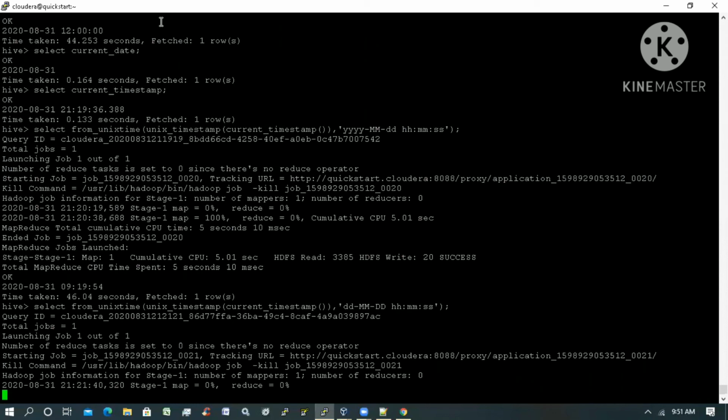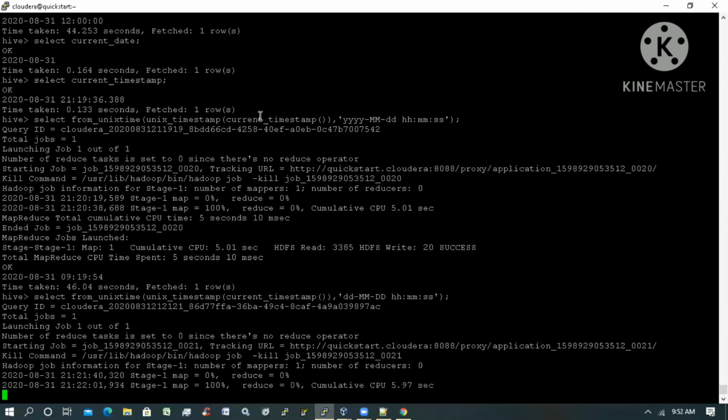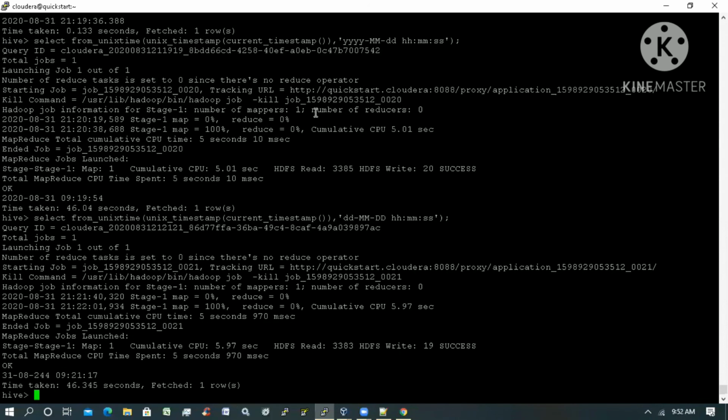From Unix timestamp, that means epoch time. Whatever date is there, that date is converted to epoch time. From Unix timestamp, it will take that one and convert into the respective format. Here you can take our table name also. See here, I converted this one to DDMMYYYY format. I gave a wrong one, that's the reason.